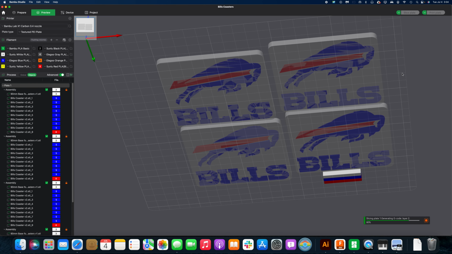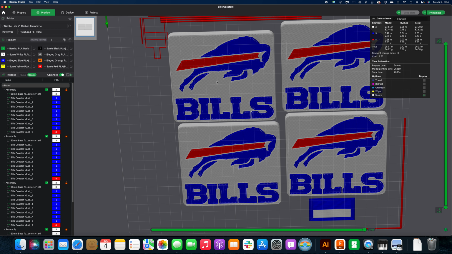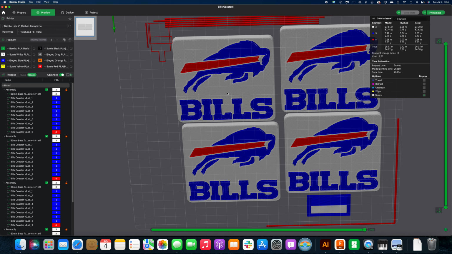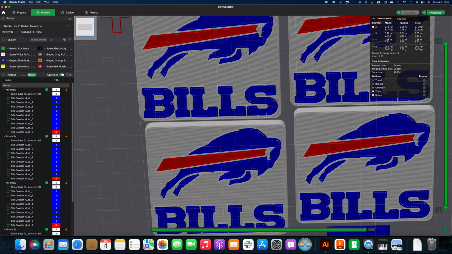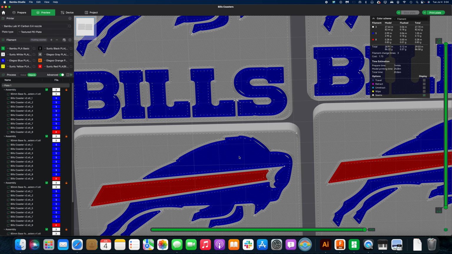But if we slice these, this is one of these images where you don't want to extrude the background. And actually, this didn't even have a background. This is just the Bills logo and the Bills text. And actually, this one here, if you notice, there are some gaps that didn't fill in. So this may have actually benefited from